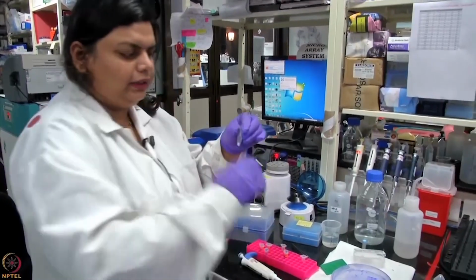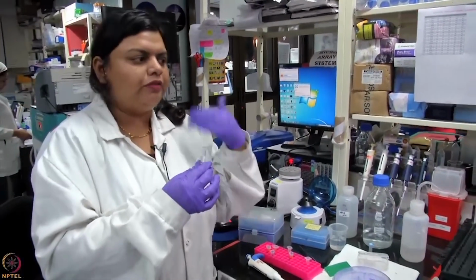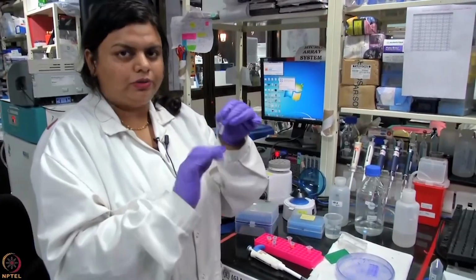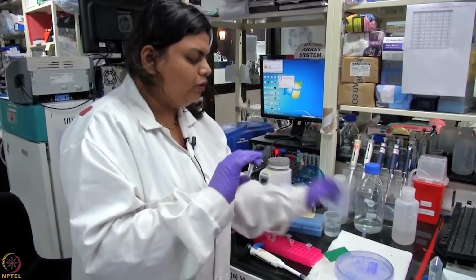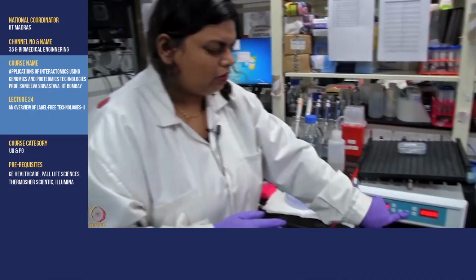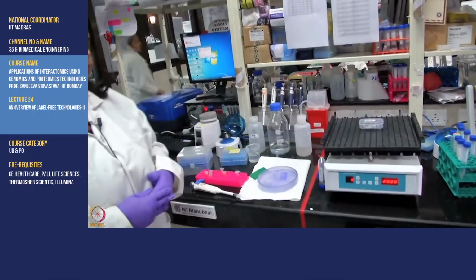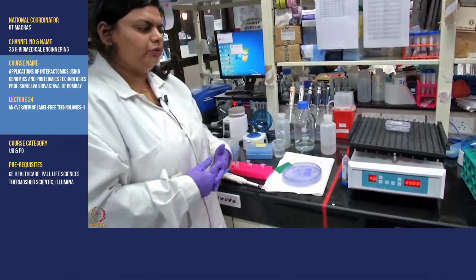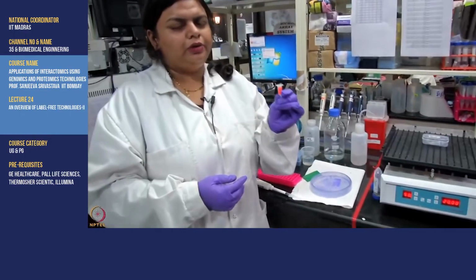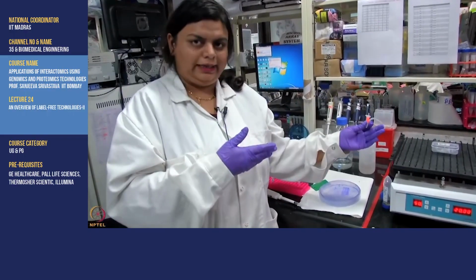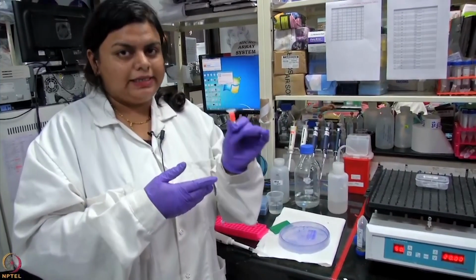After adding the antibody, it is not advised that you do a very vigorous shaking or mixing. You just gently tap it so that everything is properly mixed, and then you again place it in a container and put it on a rocker. Either you can leave it for 2 to 4 hours or you can do this step overnight. Similarly, for the lysate, you can do the same step wherein, instead of the antibody, you incubate the lysate with the bead.